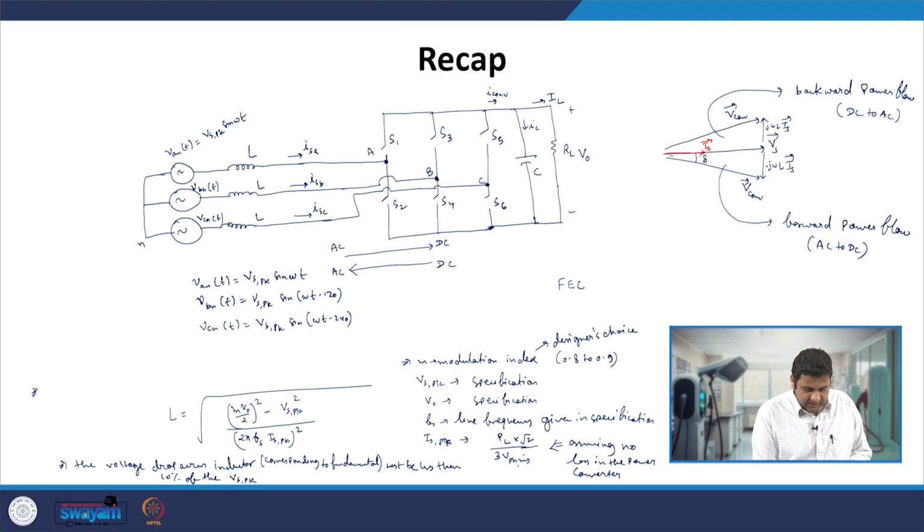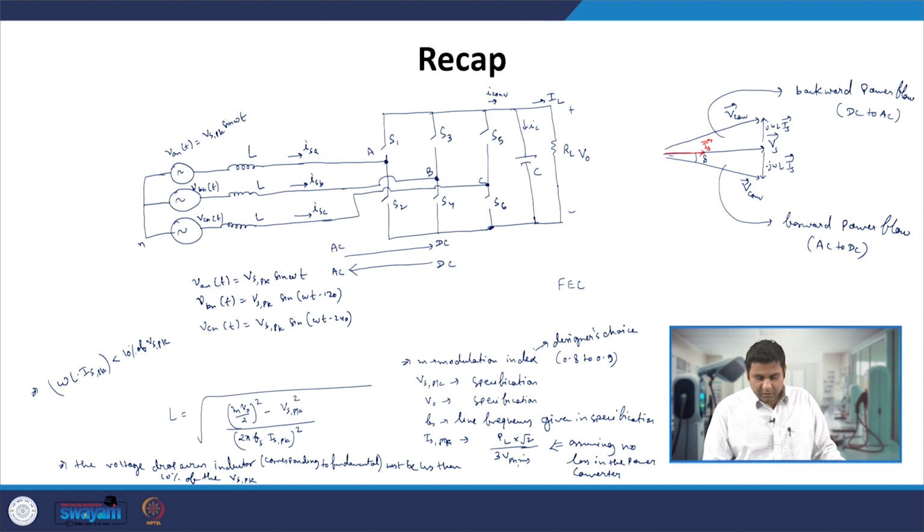That means omega L times Is peak, the voltage drop, has to be less than 10% of Vs peak. And if you are not getting that, then you again come here and change this value